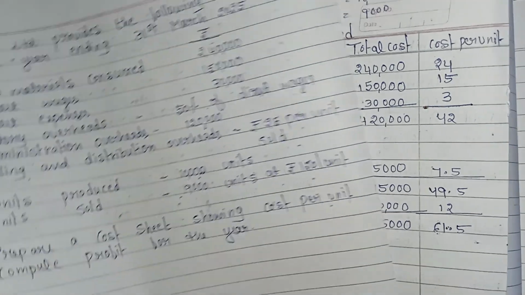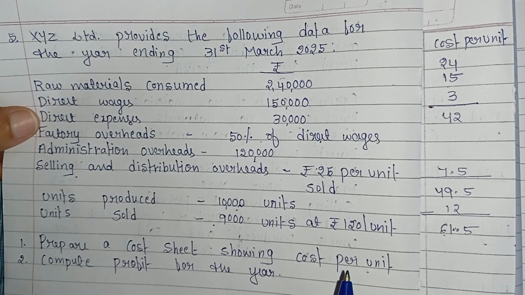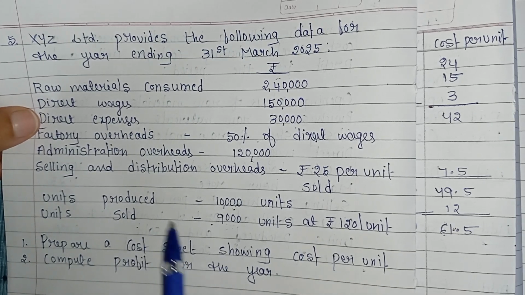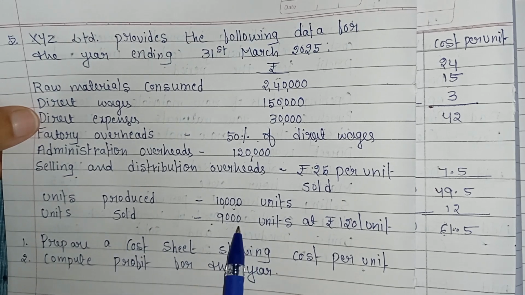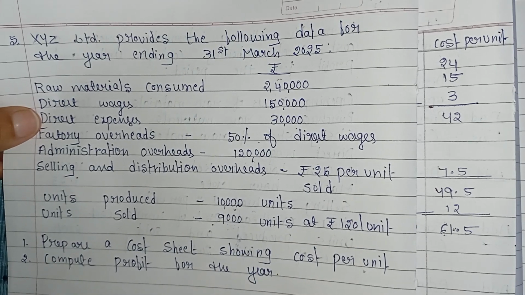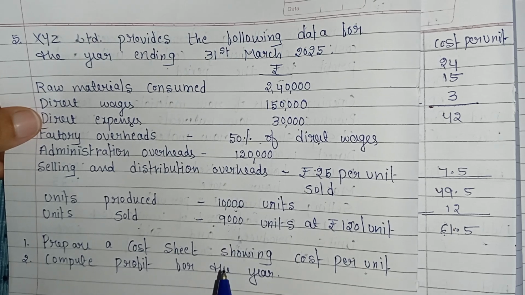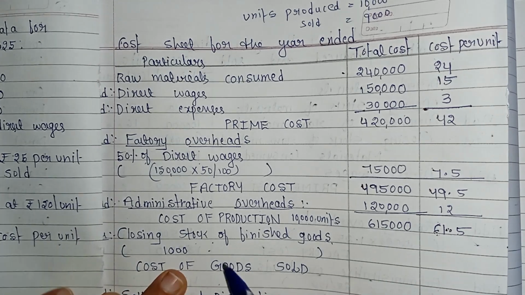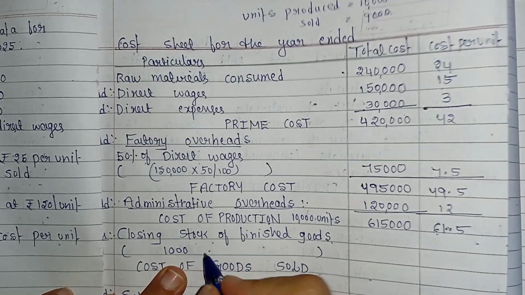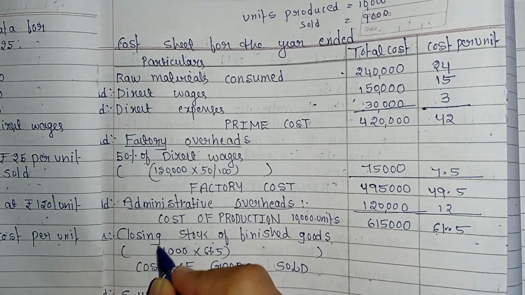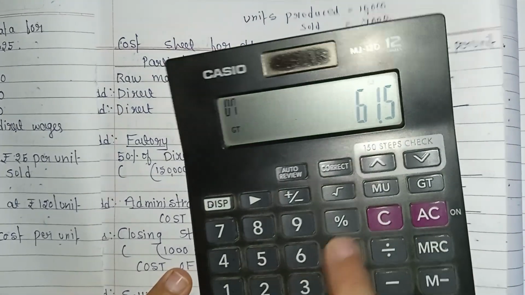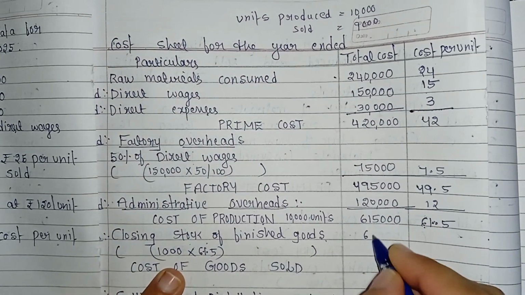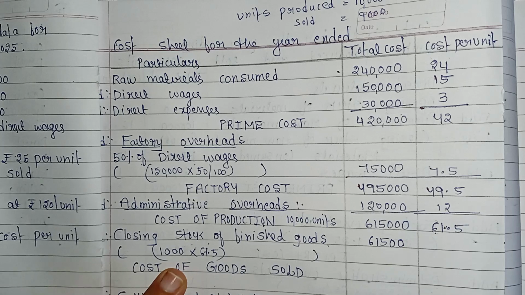Clear? Here in the problem they will not give closing stock of finished goods separately. They will give units produced and sold with different units. Units produced 10,000, units sold only 9,000, meaning 1,000 units are still with us. That is our closing stock of finished goods. Then we have to value it at cost of production per unit, 61.5, into 1,000, that equals